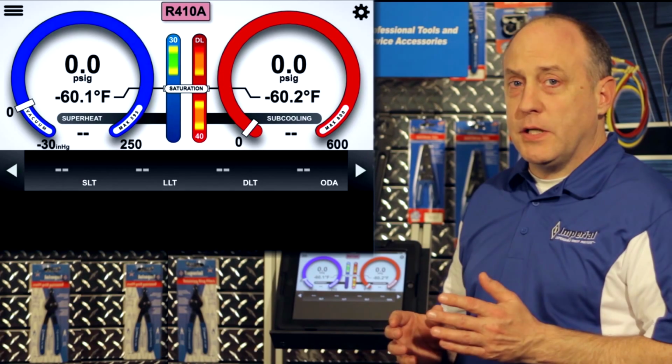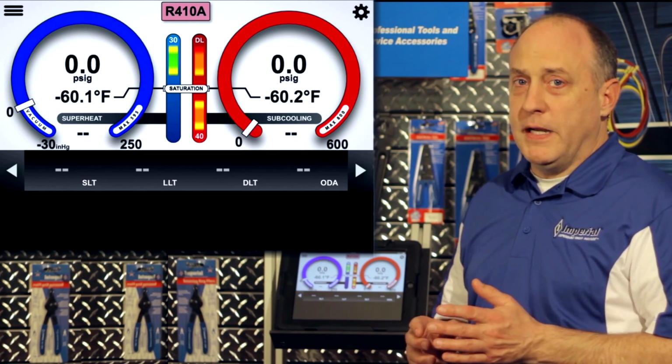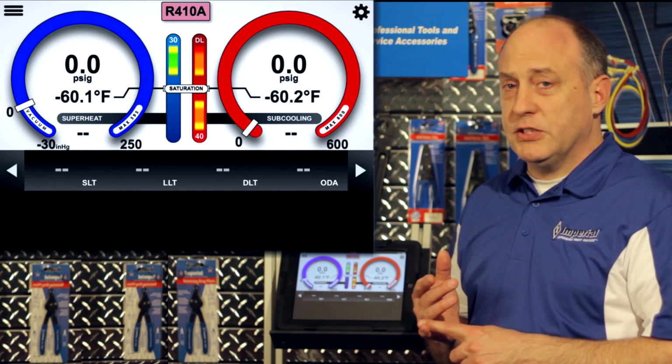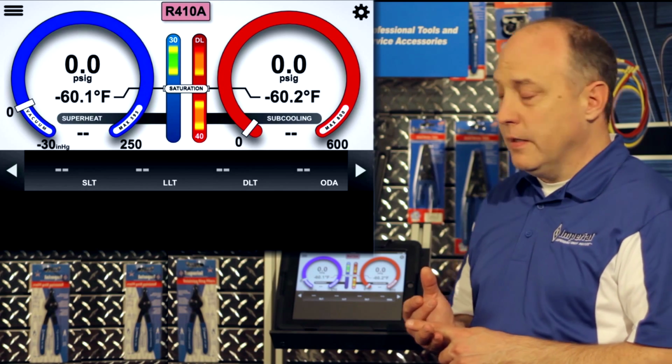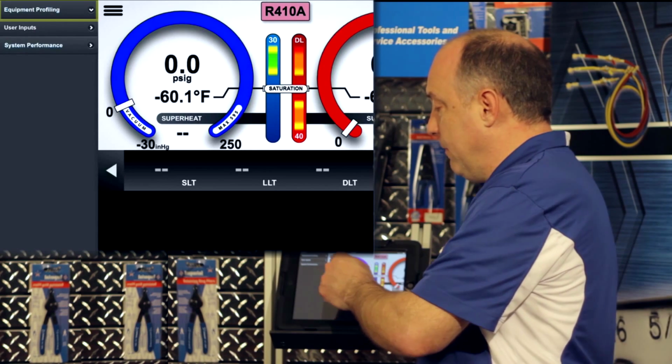Equipment profiling is most likely the most powerful feature of the iManifold application, and I really want to make sure you understand this feature to get the full benefit out of not only profiling the system, but using the troubleshooting that's incorporated into the application. In order to access profiling, what you do is sweep to the right to open up the main menu and